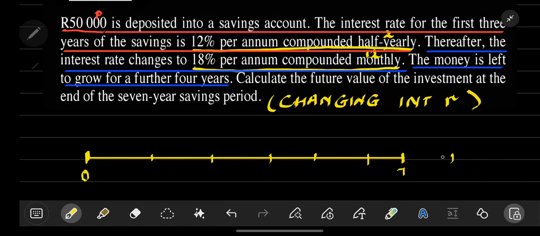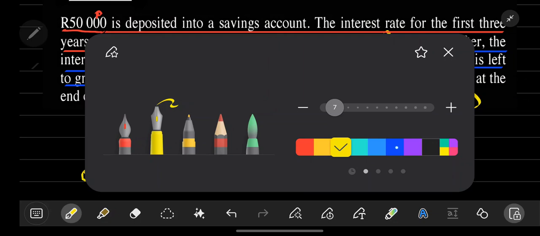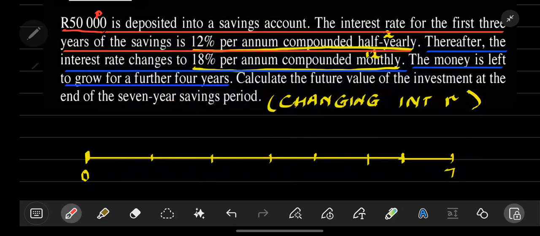Okay, year 6, year 7. Allow me to change my 7 and put it there. So we have 7 years, but we should remember that the first 3 years, we are on the red stage. The first 3 years, it's 1, 2, 3. So for the first 3 years, we have